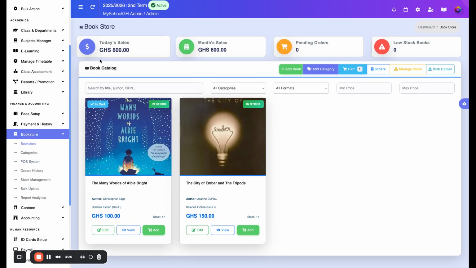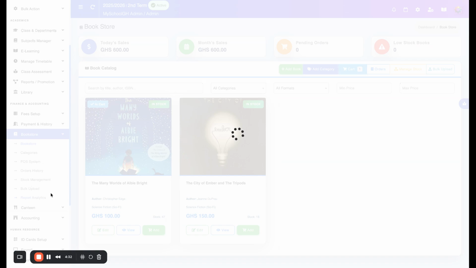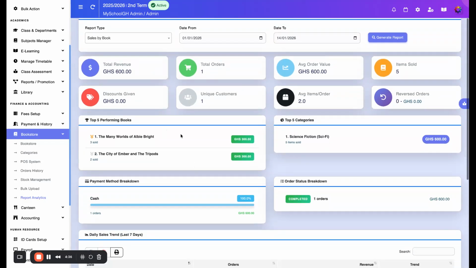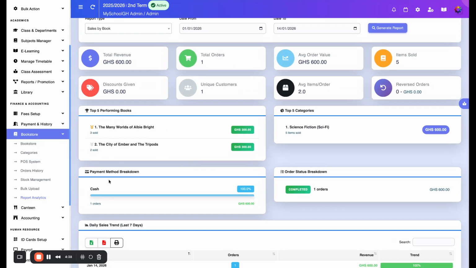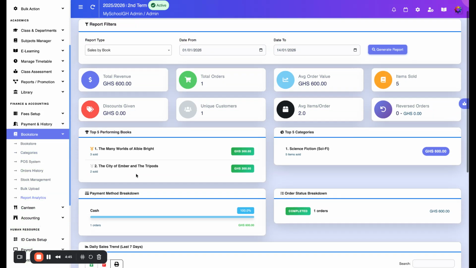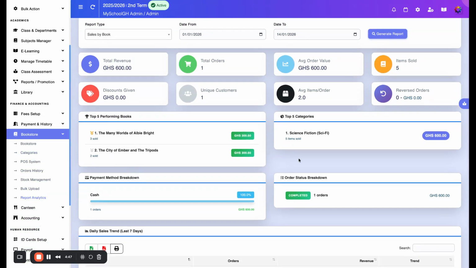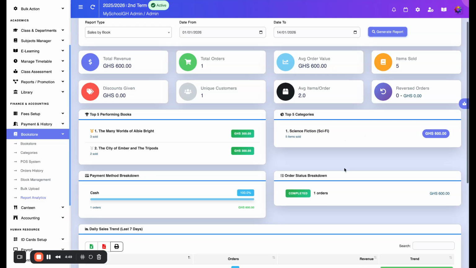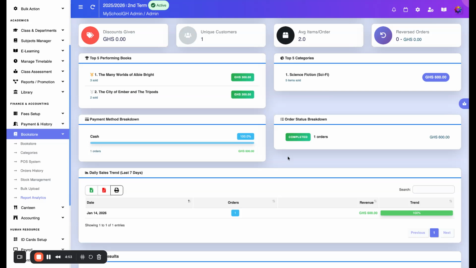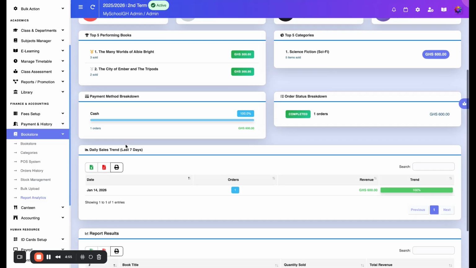So yes, under the bookstore, you can see the total amount that we have made, the purchase amount, and then also under the reports analytics, we would be able to see a breakdown of what the user has purchased. So even under the reports, we have top performing books, and we'd be able to list the top performing category, the order status, orders that have been completed. We have the payment method,